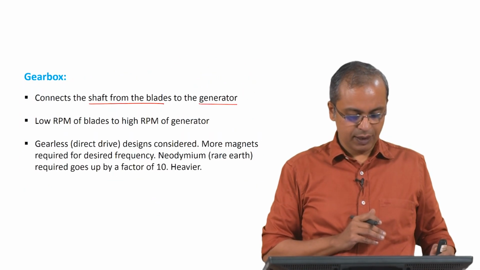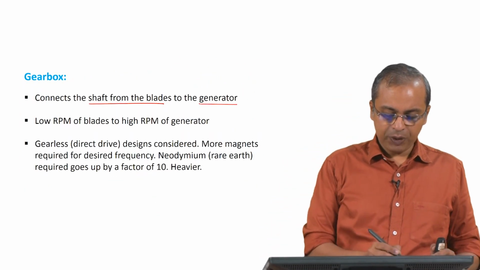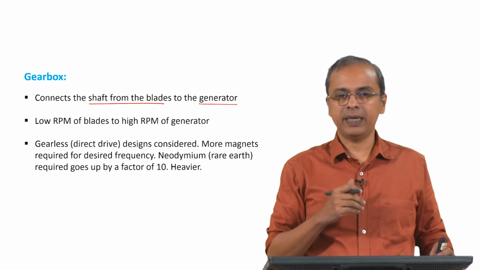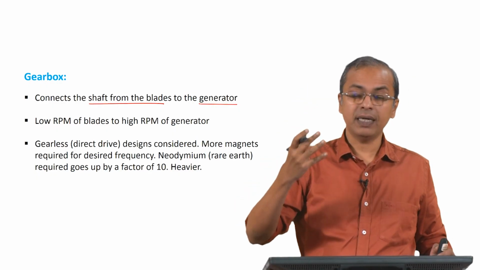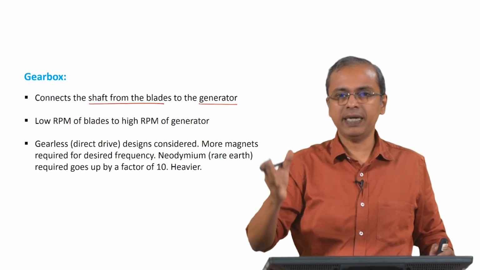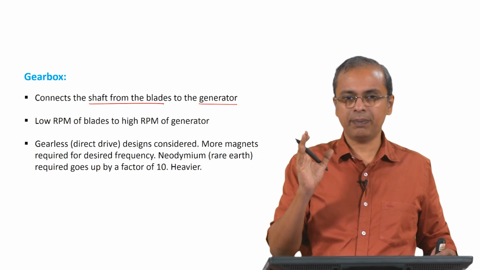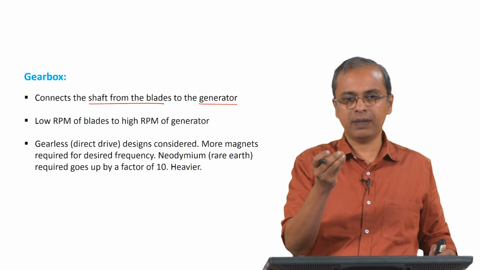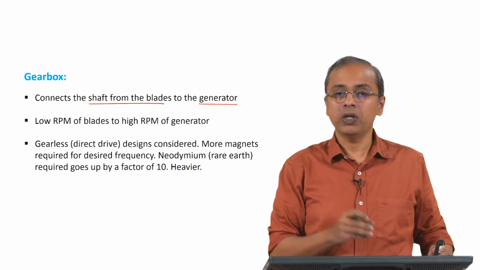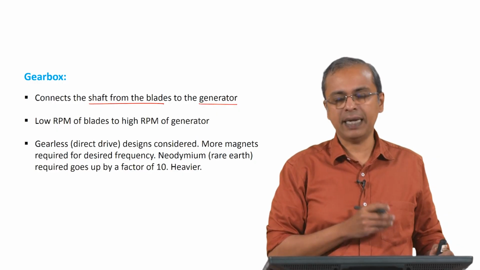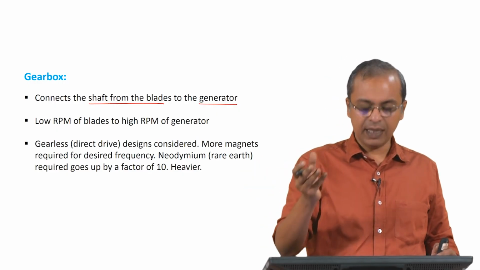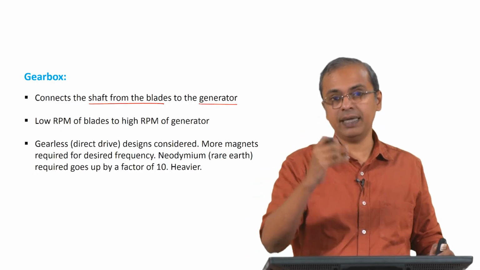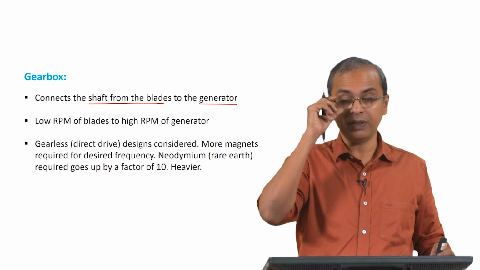Okay, so it is specifically required because if you go and stand in front of one of these locations where these wind turbines are operating, you will find that the turbines are rotating, but each blade can be comfortably seen with your eye. It is not rotating so fast that you don't see anything. Even the ceiling fan in your house is rotating much faster than the wind turbine, right. So, typically you are only looking at about say 10 to 20 RPM, that is really all that the wind turbine is doing as